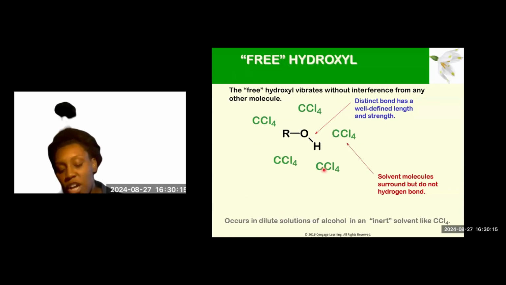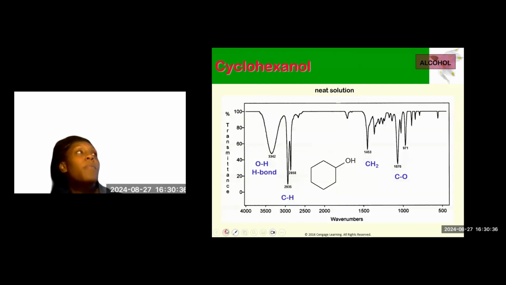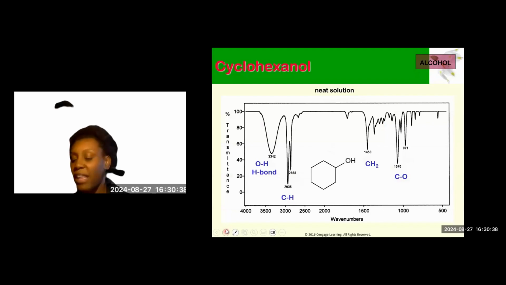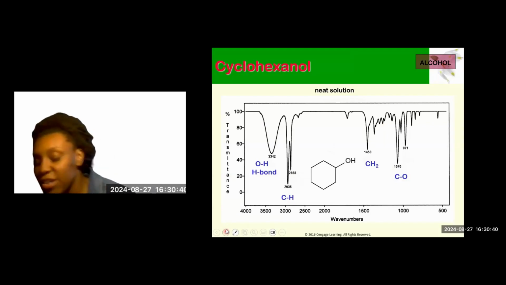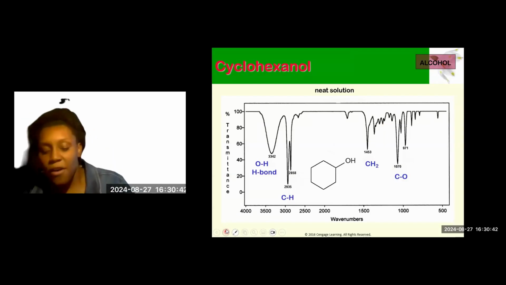Now, a free hydroxyl group, let's say that we had a low concentration and we had it in a solvent, such as carbon tetrachloride. And so with this, because you don't have that hydrogen bonding, you wouldn't have that broad peak that you see with just a regular sample. All right, so I wanted to show you guys exactly what this looks like. So here goes the IR of